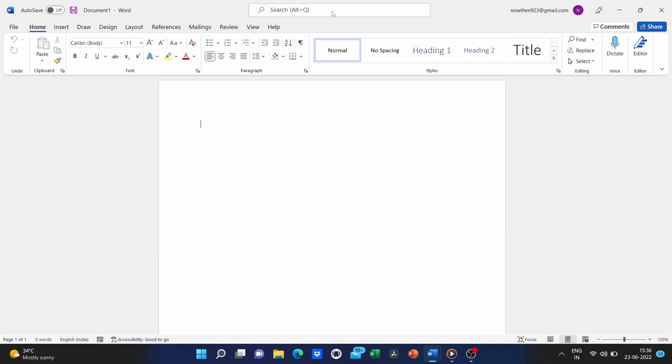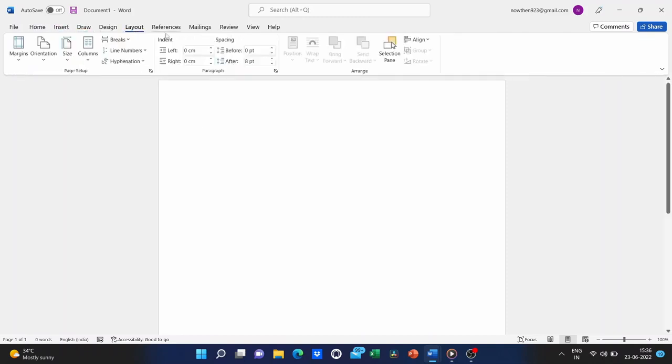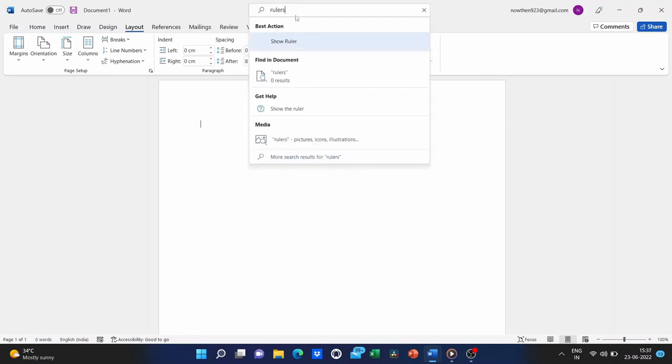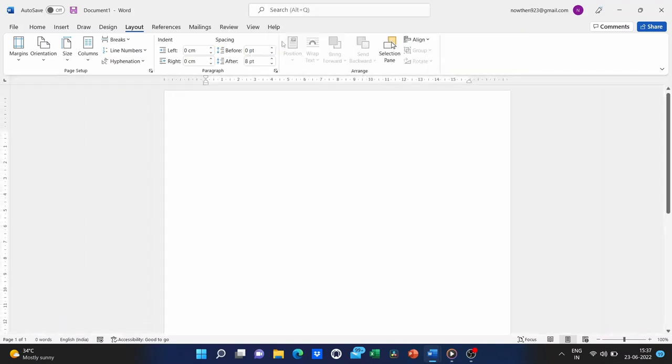So I'm gonna look and see where there might be an option to show the ruler, and I would think it would be maybe here in the layout options. But the reason I'm bringing this up is because if you're having trouble finding an option, like I am right now, you don't need to hunt and search for it very much. All you need to do is go here to the top where it says search and do a search. So I will do a search for ruler, and right there at the top there's an option that says show ruler. And I can click on it and immediately the ruler pops up.